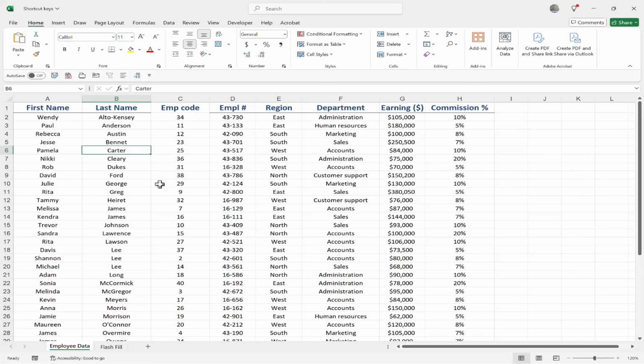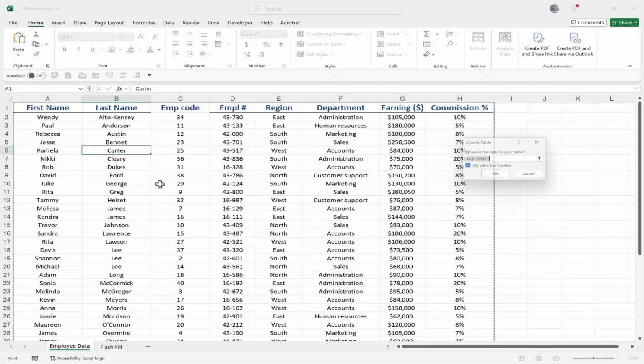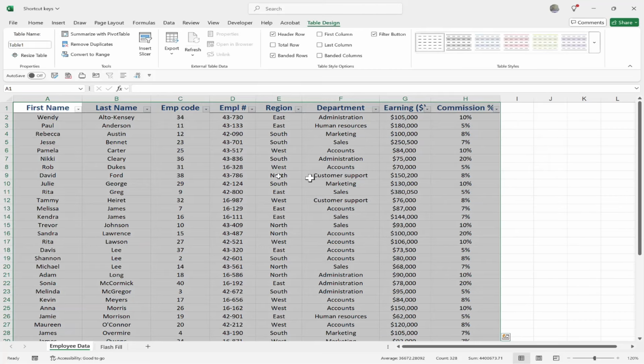So how do I make it into a table? Well, very simple. Control plus the T key, T as in table. I do Control T, the whole thing gets highlighted, my little marching ants here, and you're going to see where's your data for your table. There it is, love that. My table has headers, yes it does, you can see it all right there. So very simply all I do is click OK or tap on my Enter key,